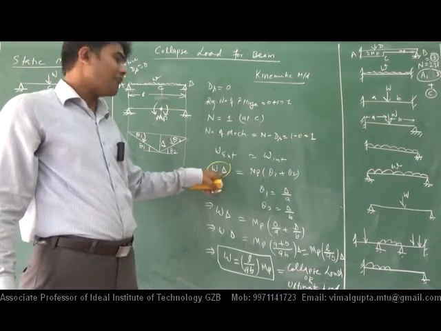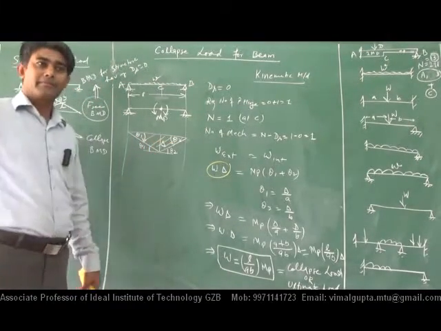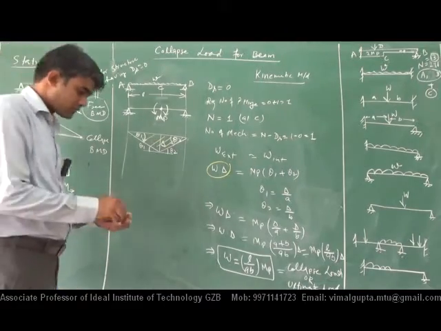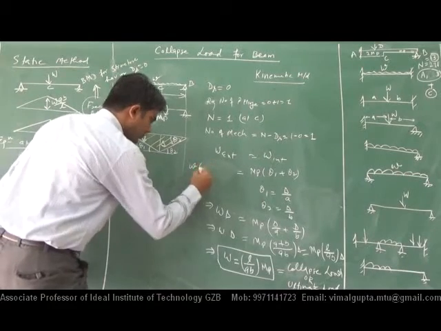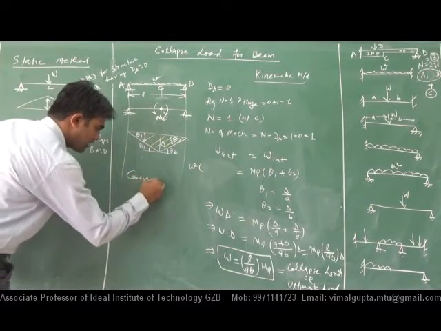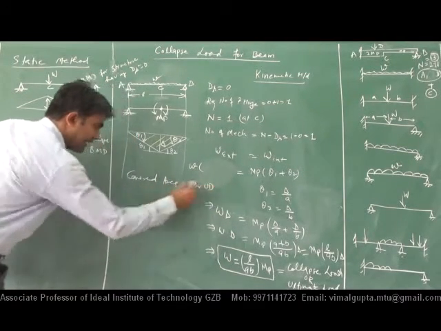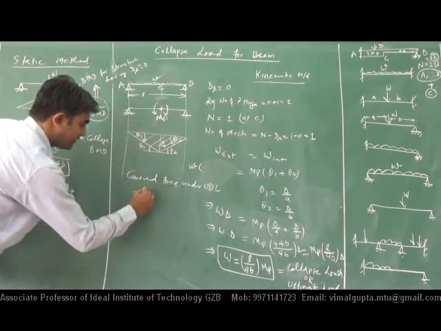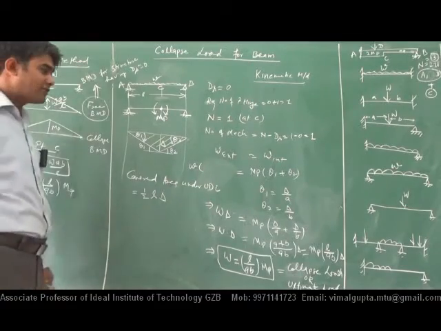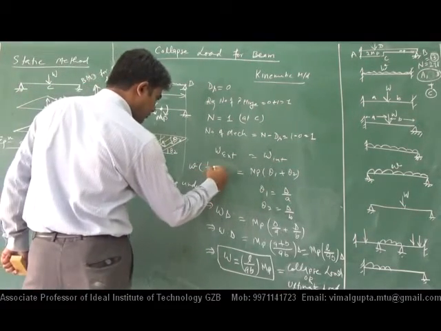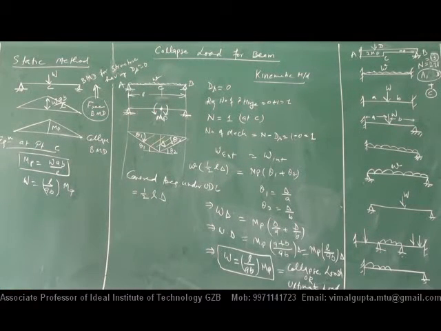Okay, and in place of delta, that area will be selected. So in place of this I will write W into ये. What is the covered area? Covered area under UDL. What is that? It is half. Total length is L into delta. Half L into delta. So it will be W into half L into delta. That is the value.